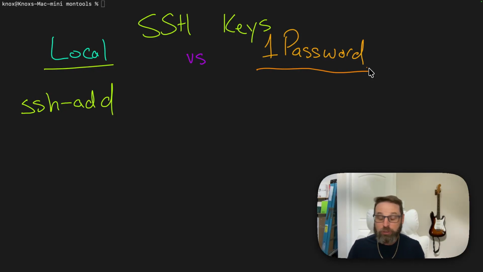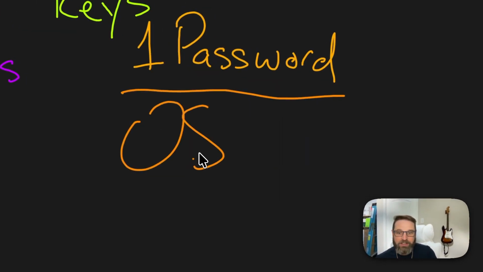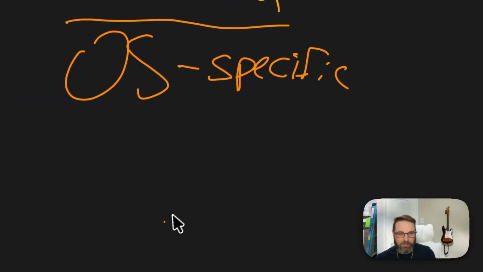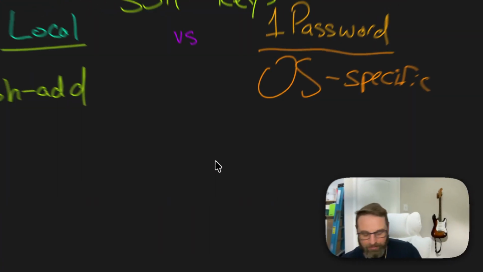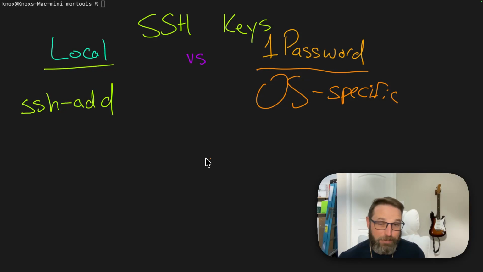Ultimately meaning you can use your biometrics, like your fingerprints, to log in to your remote devices, which is really cool. And this is an even bigger win for enterprises because they may have a shared vault where they share credentials back and forth. Now, here's the kicker with 1Password. It does have some OS-specific setup needs. For instance, on macOS,